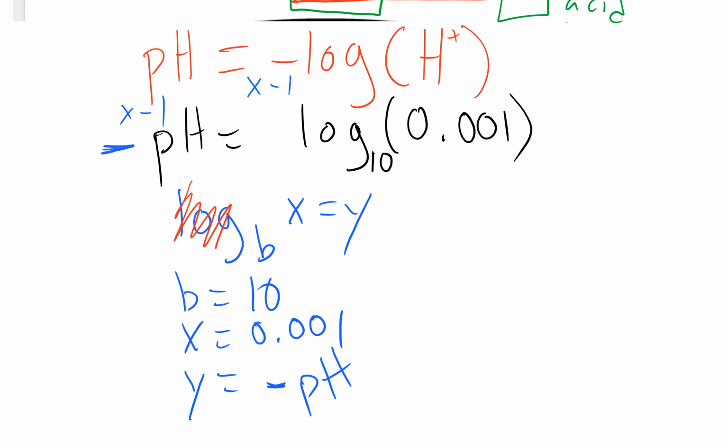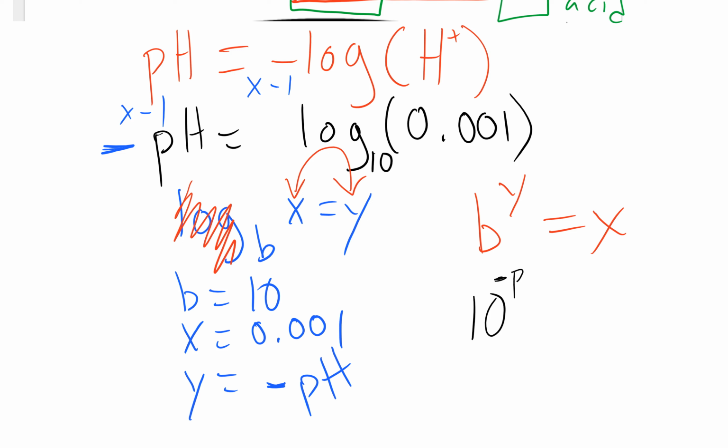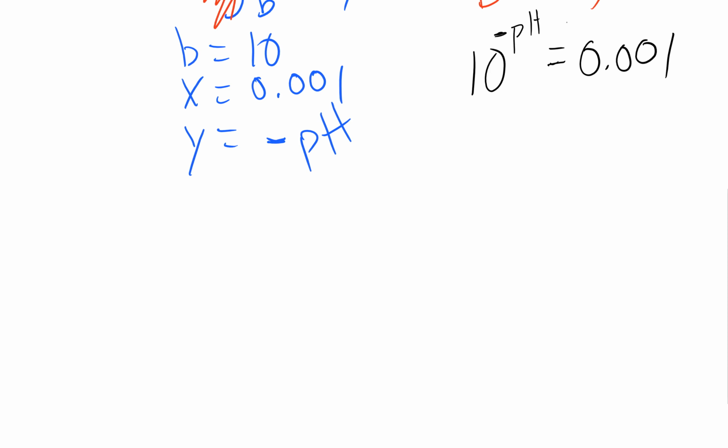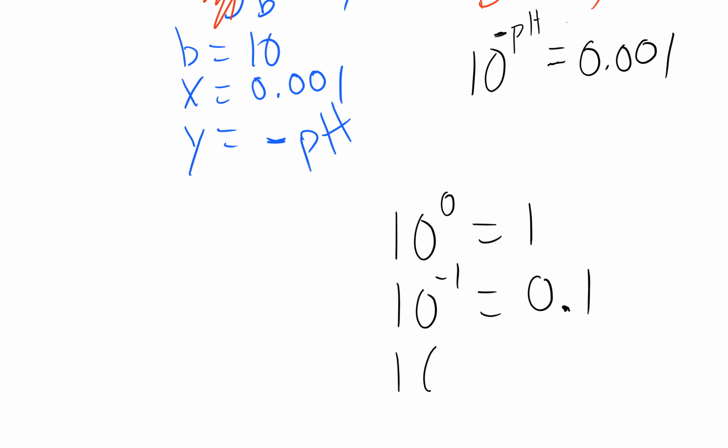You cross out the log, and you switch the X and the Y. So B to the Y equals X. B is what? Y is what? Negative pH. X is what? So we have to figure out 10 to what power equals 0.001. So we know that 10 to the 0 equals 1. 10 to the -1 equals 0.1. 10 to the -2 equals 0.01. 10 to the -3 equals